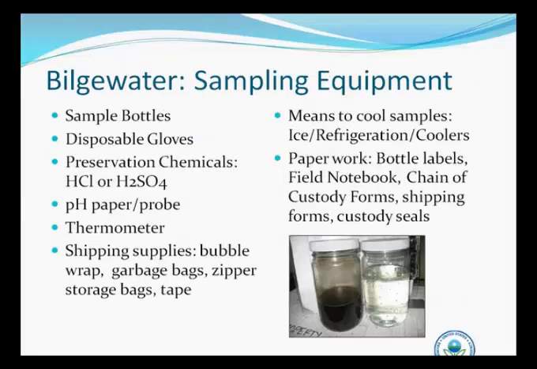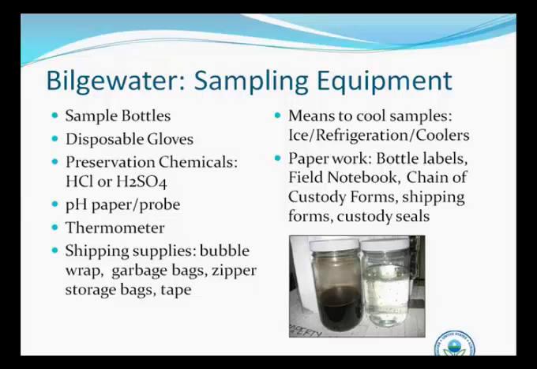Once you've decided the method you want to go with and have an idea of what lab you want to go with, you're going to want to start assembling the equipment that you need for sampling, and it's primarily consisting of equipment that you'll need to use to take the samples, to preserve the samples, and then transport the samples to the lab. So Dave has gone through some of these. We've got bottles and gloves and preservation chemicals,